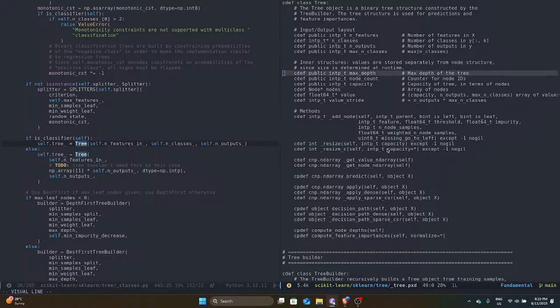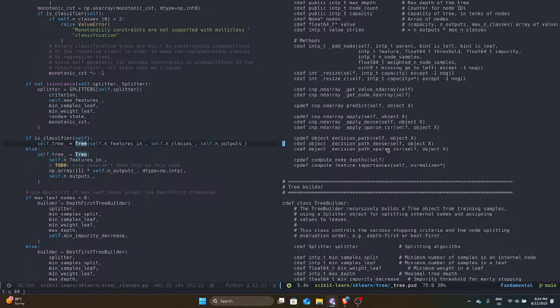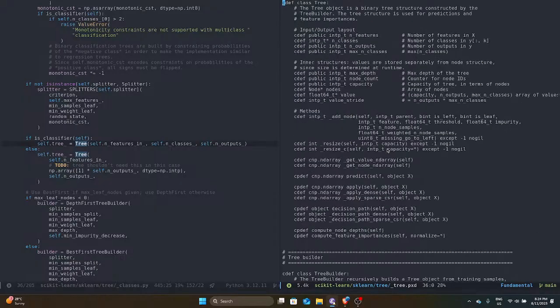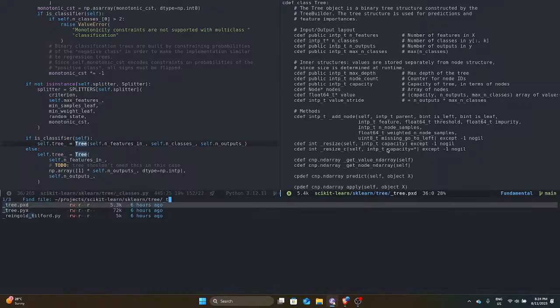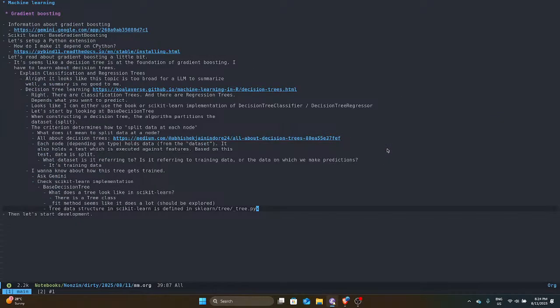So I'm wondering, should I just implement my own tree, or do I use someone else's tree? Nah, I'm gonna implement my own tree. We're not noobs. We'll implement the tree. I don't know if I'm gonna go for the same data structure as scikit-learn went for. We'll see. Okay, but I got distracted. That wasn't the main quest. I was wondering